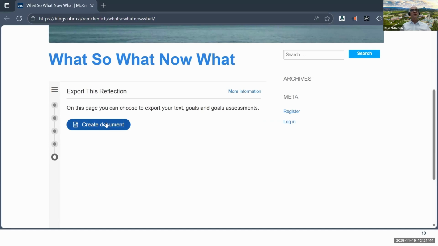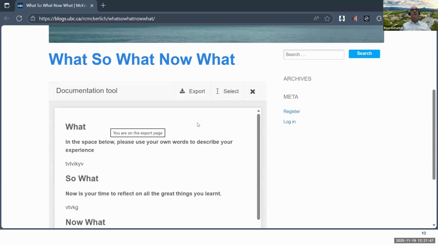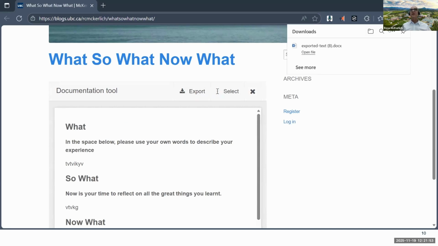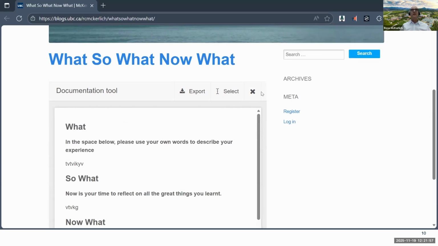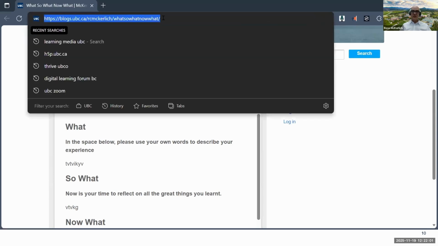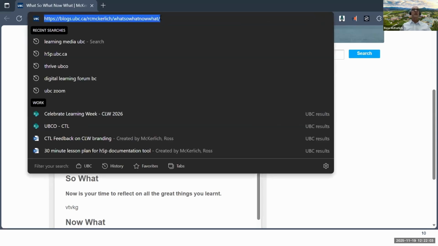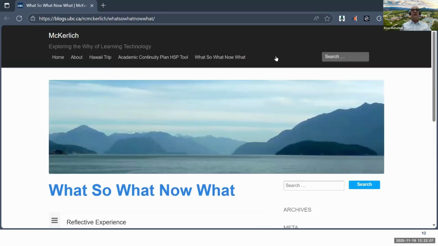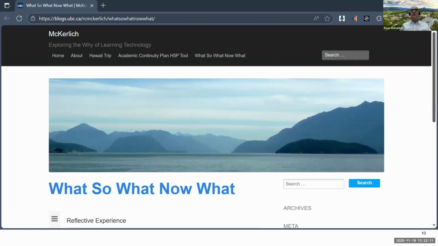If I click on this, then I can create a document and export that as a Word document. That could be the basis of a submission. So hopefully that demonstrates a possible application for H5P in terms of self-reflection. And I just wanted to show you